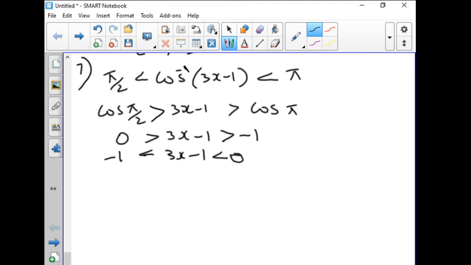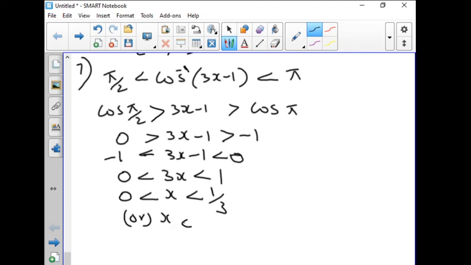So now we have to remove minus 1. So to remove minus 1, we add plus 1 throughout. So this becomes 0. Plus 1 we add throughout. Then what comes here? 3x comes. Here plus 1 comes. Okay. So now to remove 3, divide throughout by 3. Then what comes? X is less than 1 by 3. Or we can write this in another way: X belongs to open 0, 3 also we can write.